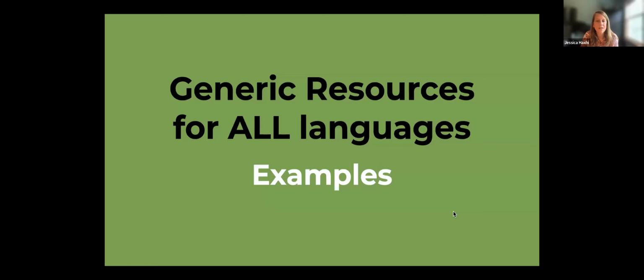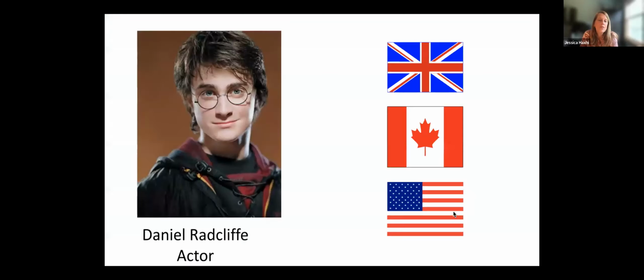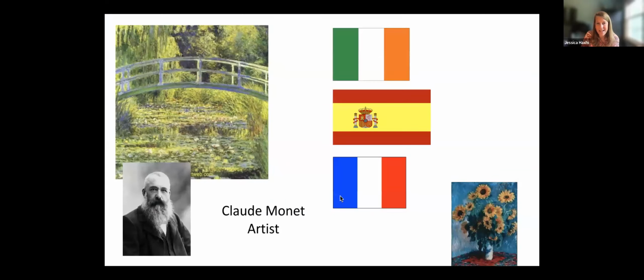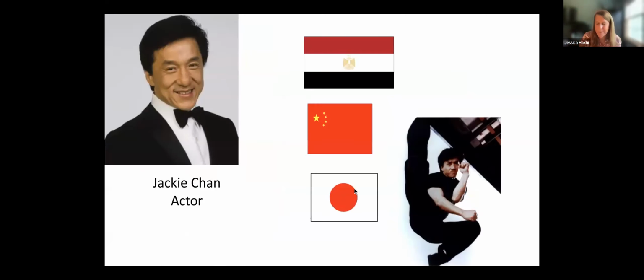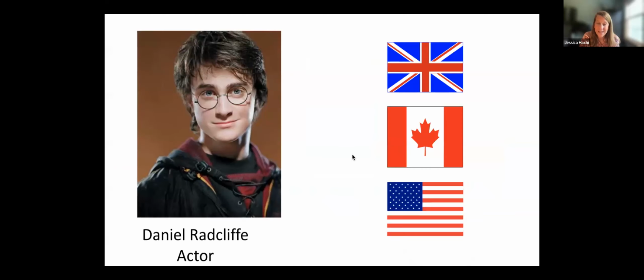For World New Haven and Me, here are some examples of what you could share across teachers. One of the first things we teach in this is countries and languages, because we want kids to be able to say, I speak blank, or ask where are you from? We want kids to ask people where they and their family are from and what languages they speak. Something like this is an interpretive task. You give the students these slides ahead of time, and then you ask the students to guess.